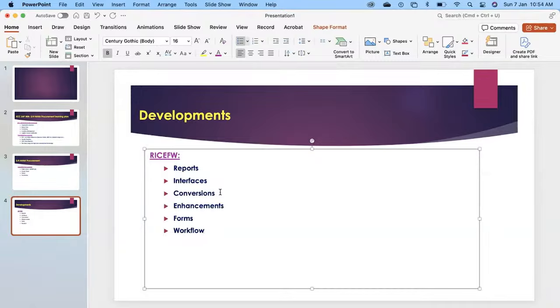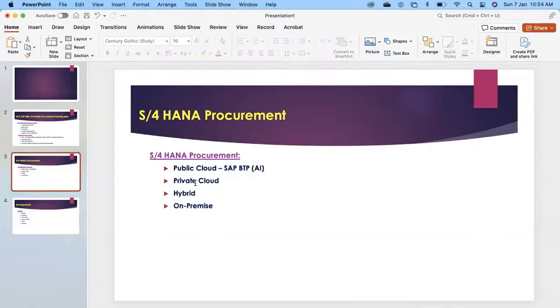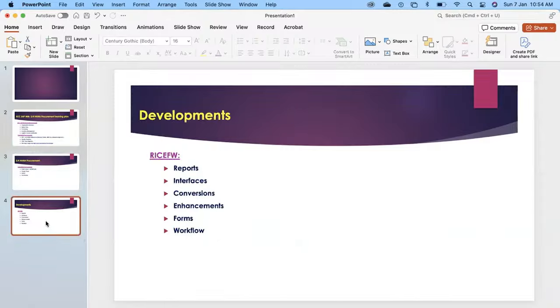So this knowledge is still essential when you are preparing for your interviews after your 2 years of gap. The developments in S/4HANA procurement: you can explore the new functionalities, Fiori apps, and other things, and the ECC versus S/4HANA differences on the development side, and of course, reminding all soft skills,